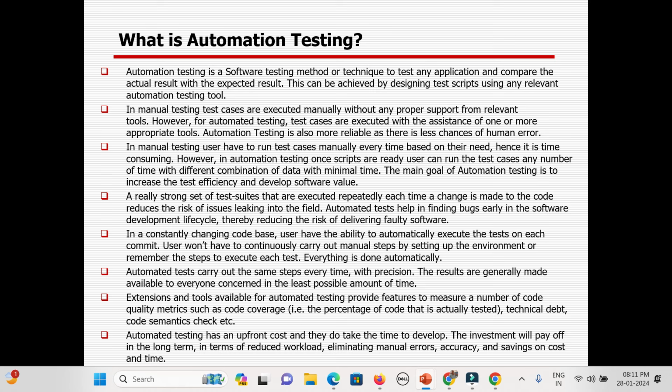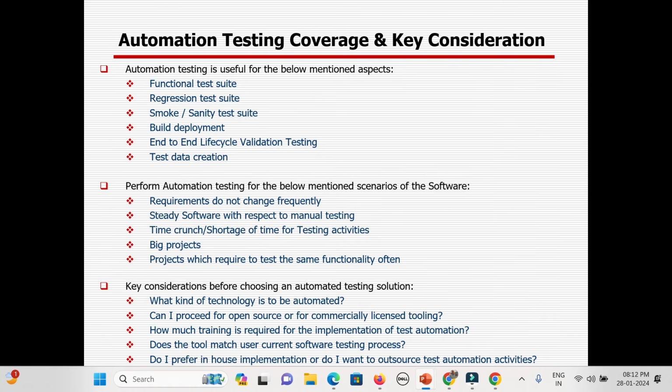Then you can go for automation, because your ROI will be more. So before starting automation you need to understand this concept. Otherwise, unless your customer insists that I have to automate 100%, I would say that until your ROI gives you more and more advantage, we generally should not go to automation. It depends on a case-to-case basis.